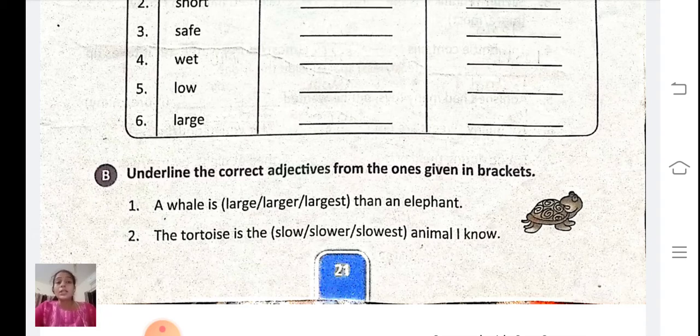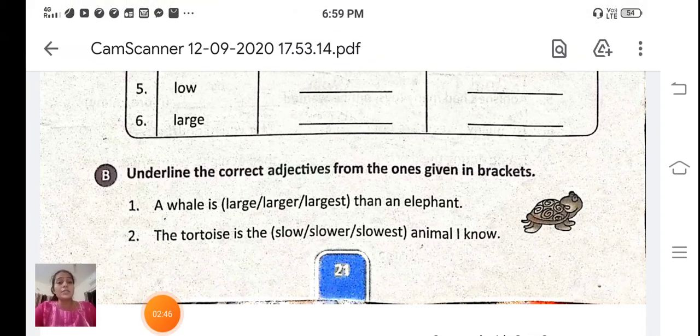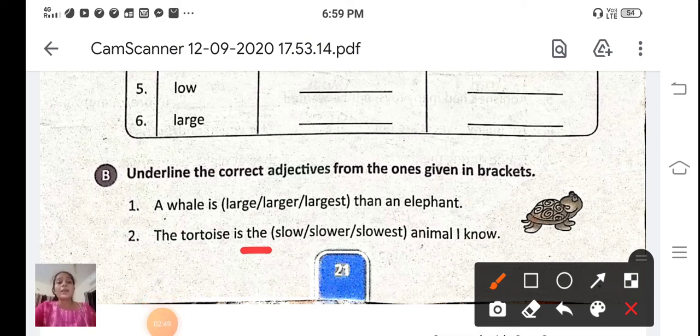So, the tortoise is the slowest animal I know. And you know students, when there is a superlative degree of comparison, there always comes the before the adjective. The slowest animal I know. The tortoise is the slowest animal I know.